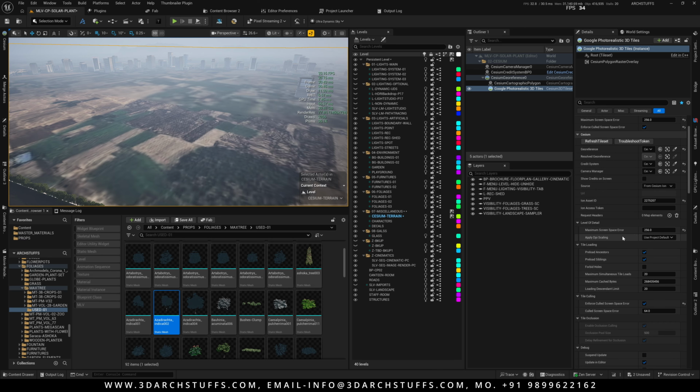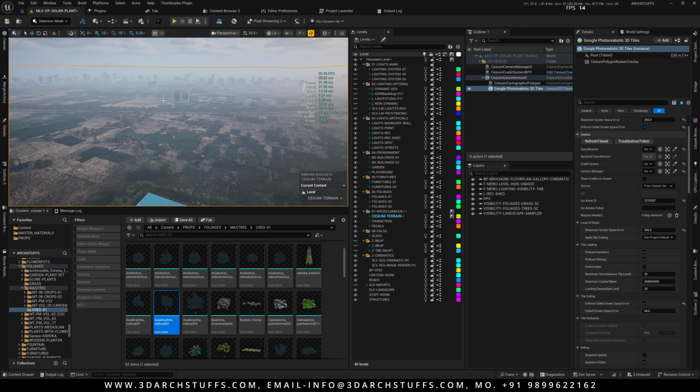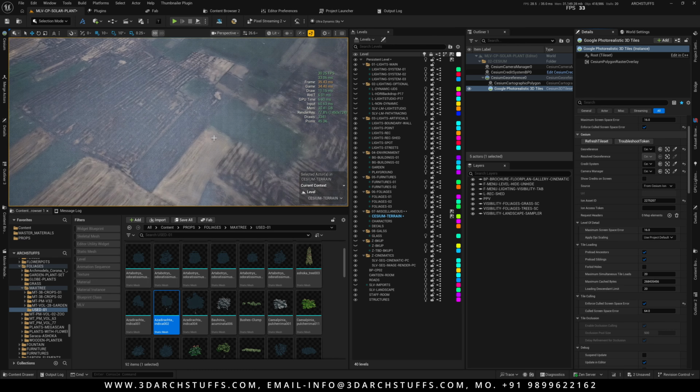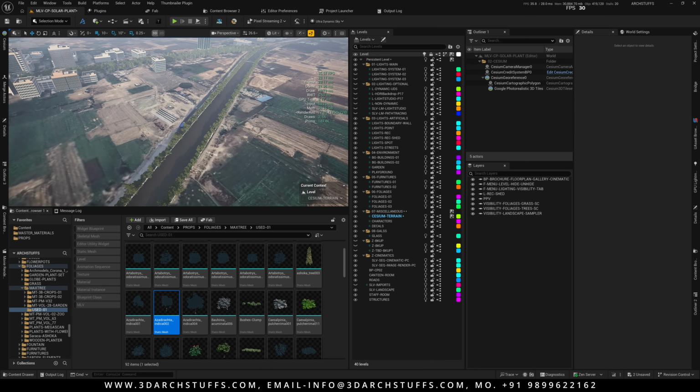applied, and then scroll down, and here in Level of Detail, by default it will be 16. I have the maximum screen space error set to 256. I have set it to 256 because I am going to see my Cesium terrain from far away. Okay, and if I want to increase the quality, by default it is 16. So if I reset it to 16,